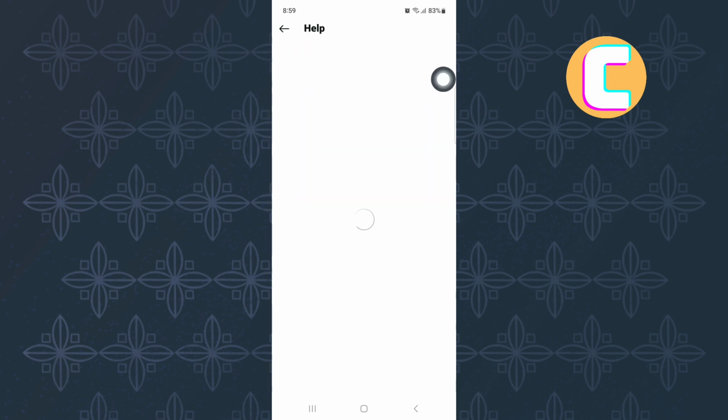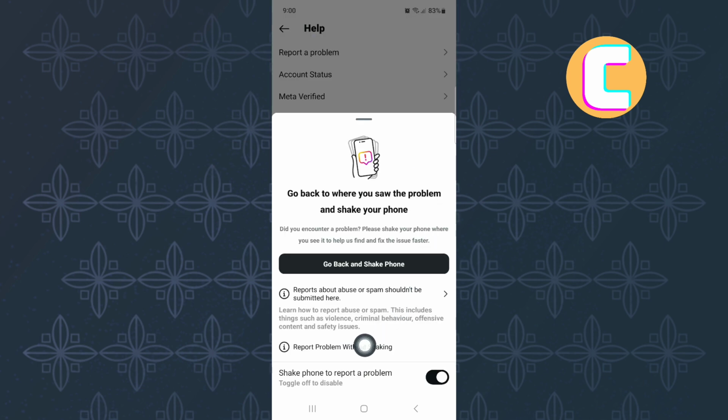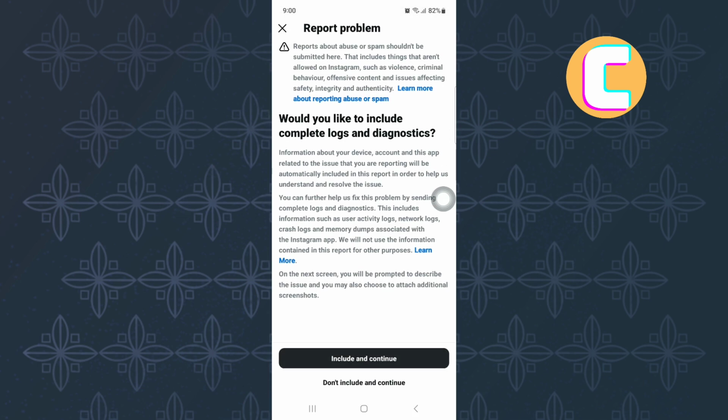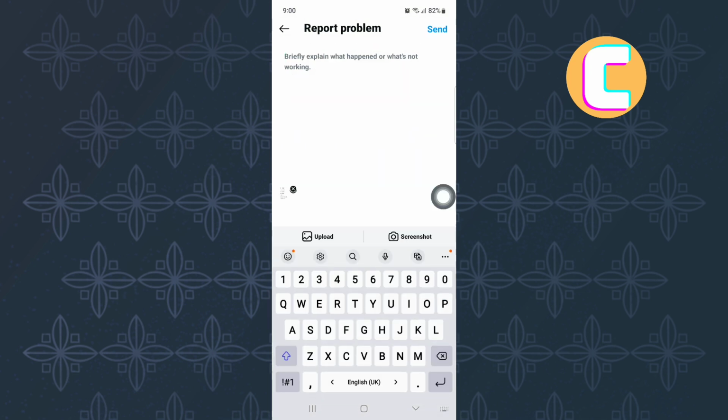This is the help page where you can find several other sections that you can navigate through and find solutions to different issues you are facing. From the options, tap on this one here named Report a Problem. After that, proceed and follow all the steps I'm showing you here carefully so that you can avoid making any mistakes. After all the steps are complete, you will reach here where you will see this feedback box